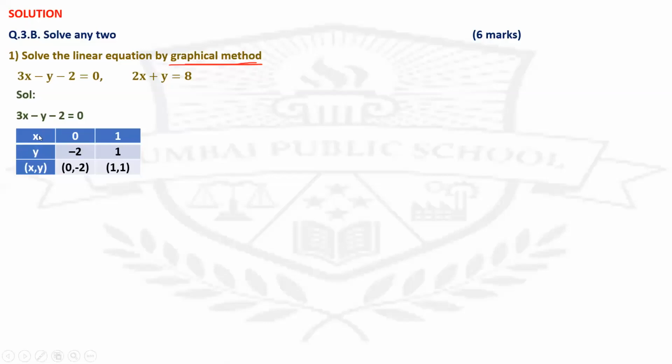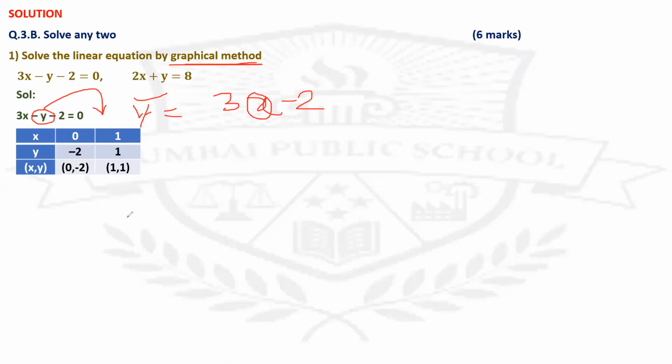So why did I substitute x? Why did I substitute y? Check. Here y does not have any coefficient. So your equation you can easily write as y equals 3x minus 2. Now when you substitute the value of x, you'll get directly the value of y. You need not go with division or multiplication of any number after that. So whatever terms have coefficient 1, keep them on the same side and shift the other